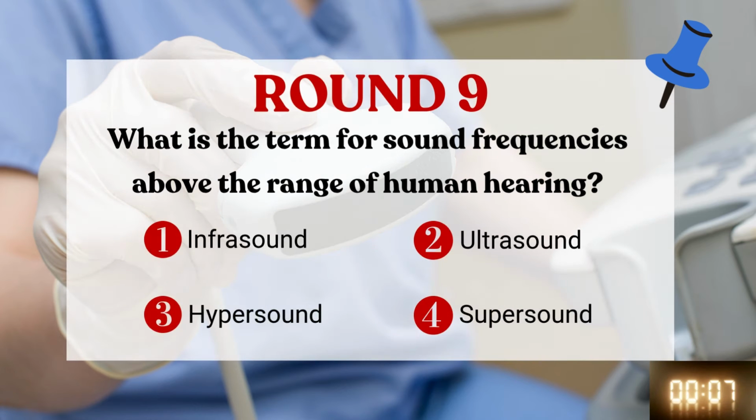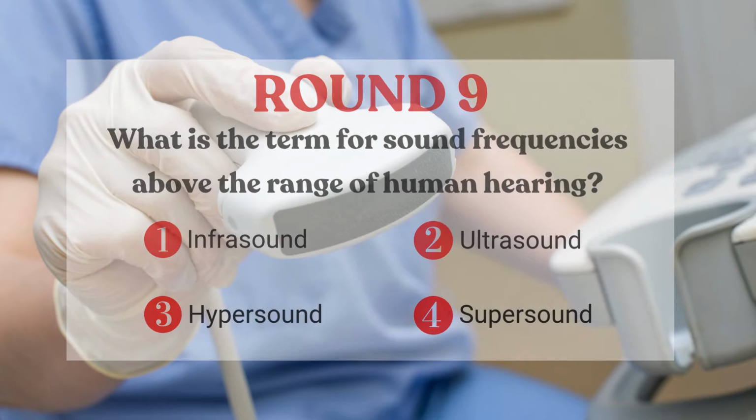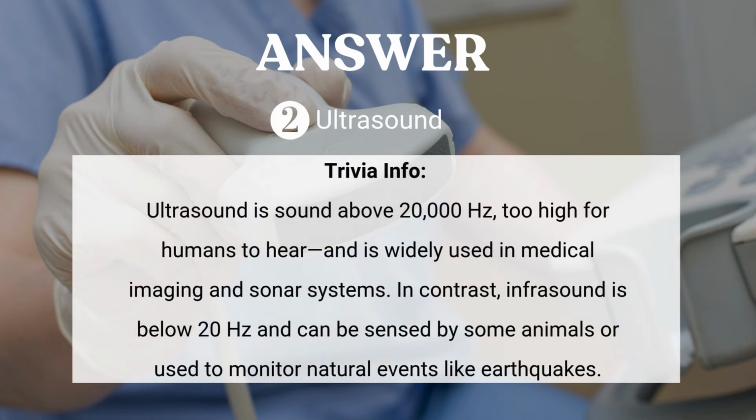What is the term for sound frequencies above the range of human hearing? Answer 2. Ultrasound. Ultrasound is sound above 20,000 Hz, too high for humans to hear, and is widely used in medical imaging and sonar systems. In contrast, infrasound is below 20 Hz and can be sensed by some animals or used to monitor natural events